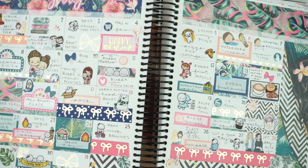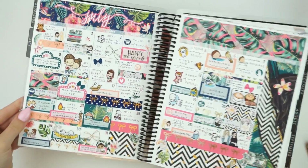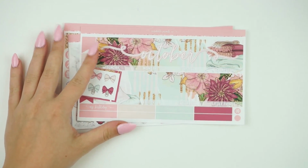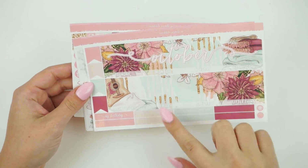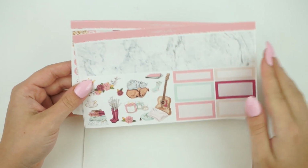Let me go ahead and zoom you guys out. I did this kind of like as a rewind, and I think it turned out so cute. Pulled in some Simply Gilded washi and then a bunch of character stickers, and I really loved it. So, and this matches my nails. So that is the freebie, and then you have the top bar, some holidays, some extra little labels, flags, the